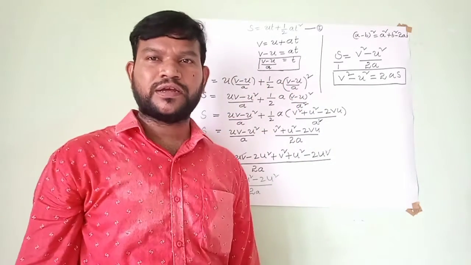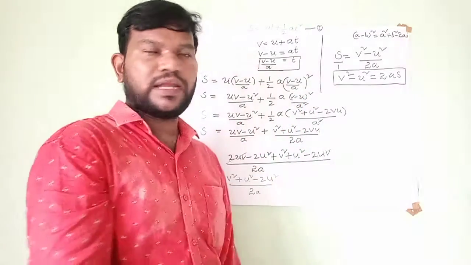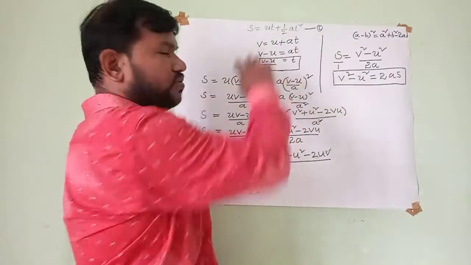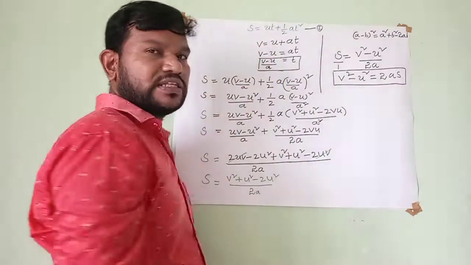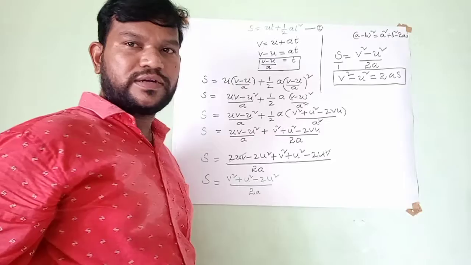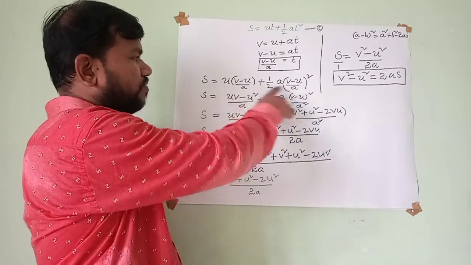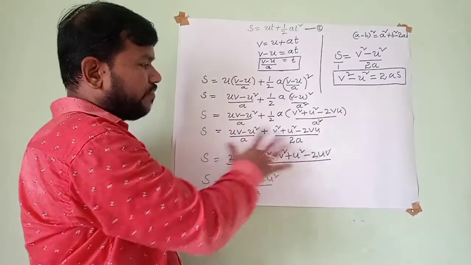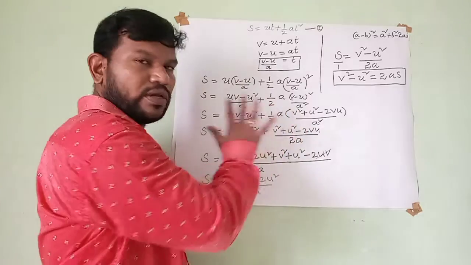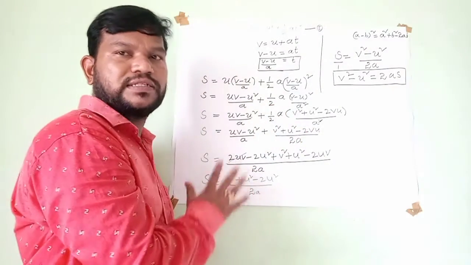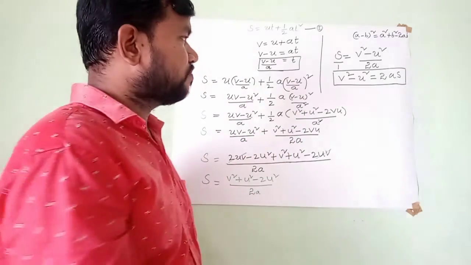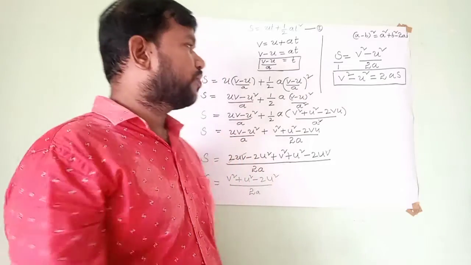Now students, what we did, we substituted this t value in the second equation. Here we have s is equal to ut plus half at square. So instead of t we have written v minus u by a. We have substituted. So when we substituted, we got this formula, u into v minus u. Now we did the simplification. When you are doing the simplification, you slowly have to multiply, and you should know the LCMs, then we will get the third kinematic equation. So what we got, the third kinematic equation, v square minus u square is equal to 2as.